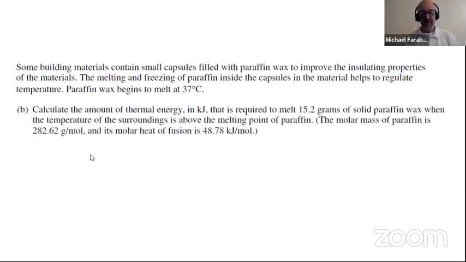Part B of this question says, calculate the amount of thermal energy that is required to melt 15.2 grams of solid paraffin wax. So again, that's at the melting point. We have the molar mass of paraffin is given to us, as well as the molar heat of fusion. All you really have to do is 2 conversion factors to get from grams of wax to kilojoules. So you're going to have to first go from grams to moles, and then you're going to have to go